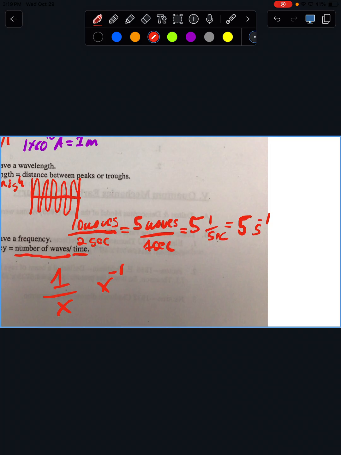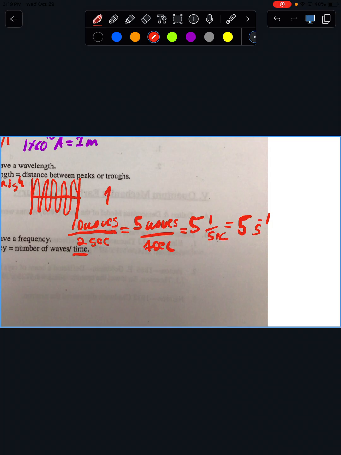Okay. This is math. Right? Is the math not mathing? What do we do with that though? You should always be putting units. Okay? I just want you to know what frequency was really telling you. Okay?